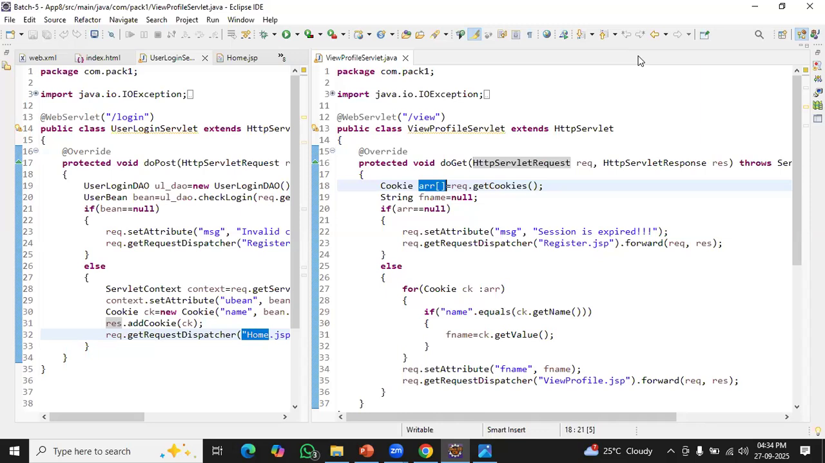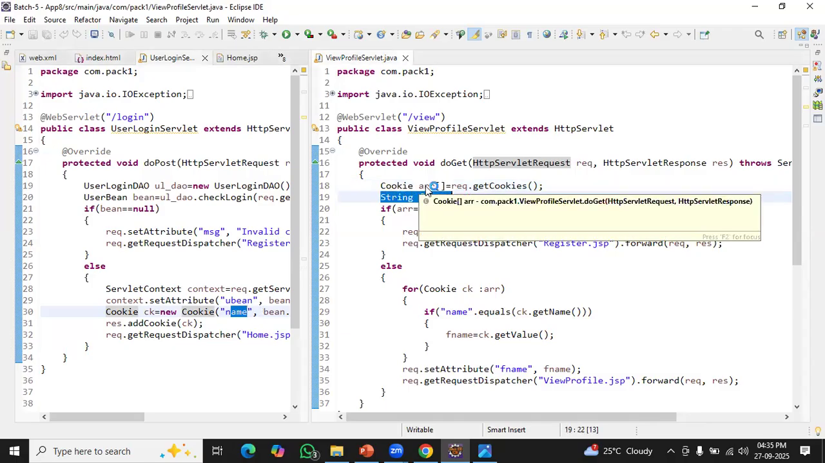Am I clear with that or not? Tell me. One more time I am saying, we need this cookie only. We need this cookie only. Come on, guys. So what I am doing, I'm just taking this as a local variable, a normal local